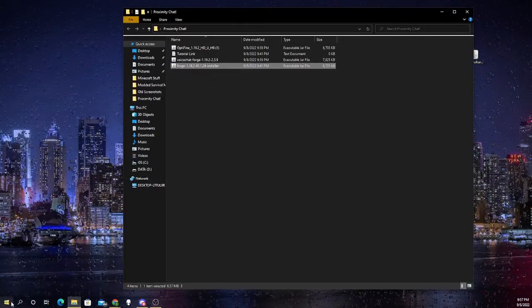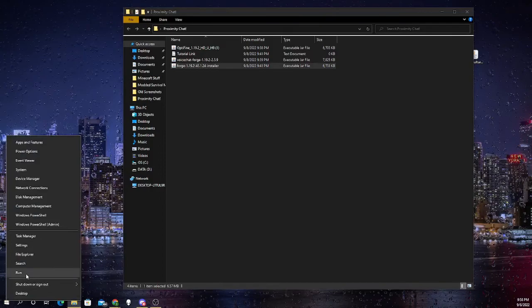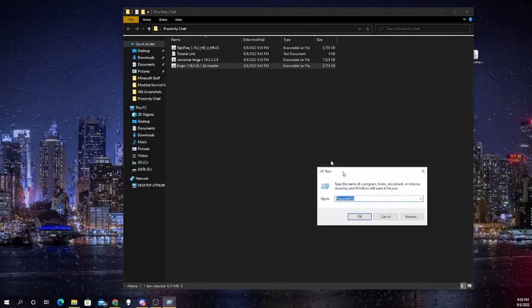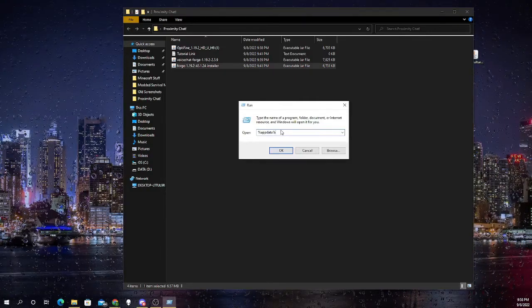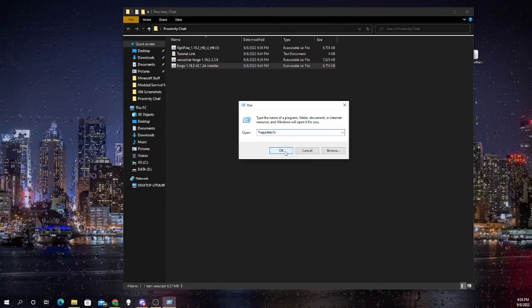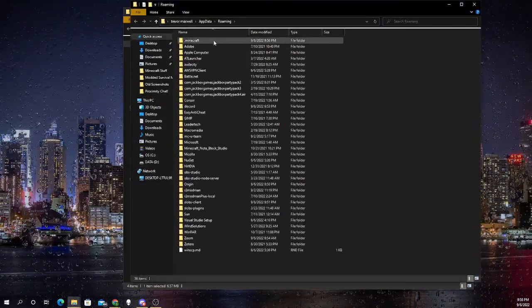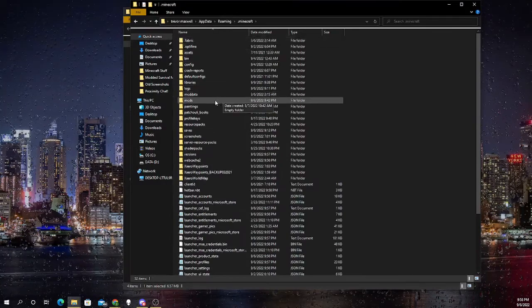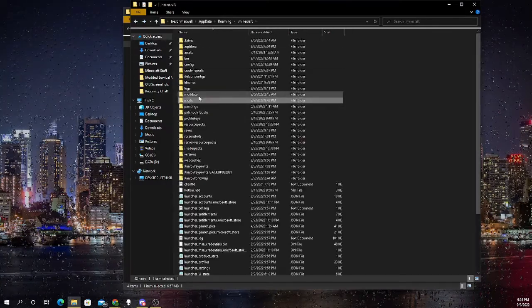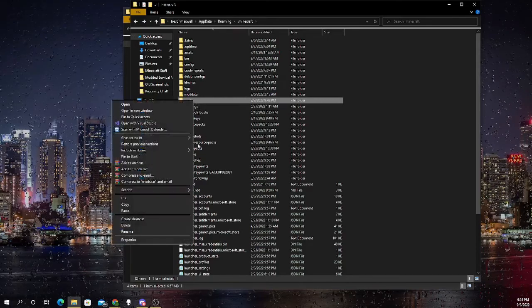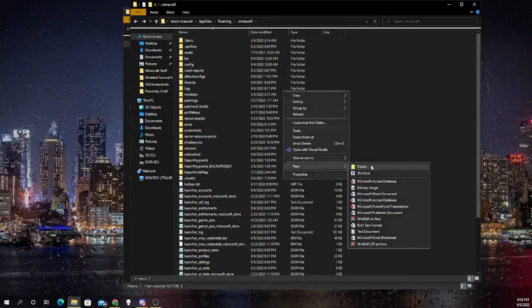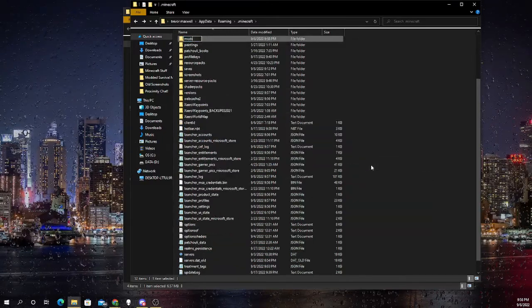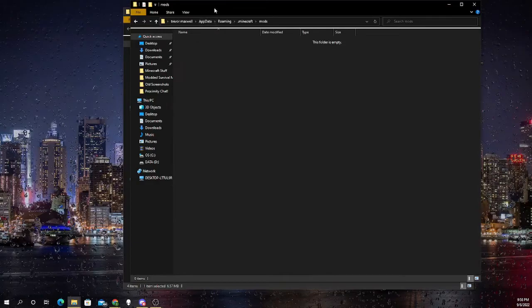Now, you come down here to your start button, click run, and you're going to type this in. %appdata%, no spaces, all lowercase, and the percents are percent signs, not the word percent. Click OK. Click .minecraft, go to mods. Now, if you don't have a mods folder, let's say it looks like this, there's no mods folder. All you have to do is right click, create a new folder, name it mods, all lowercase, open it,